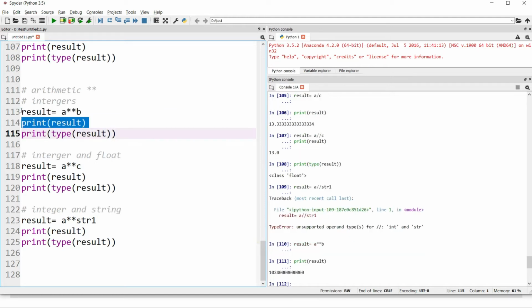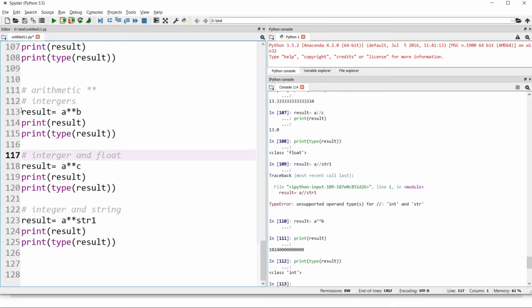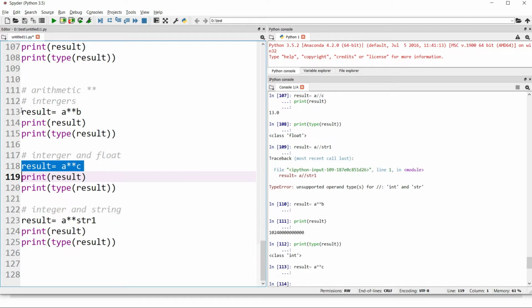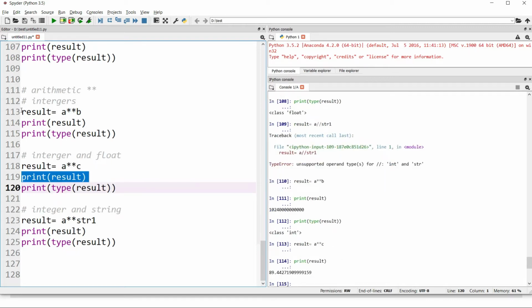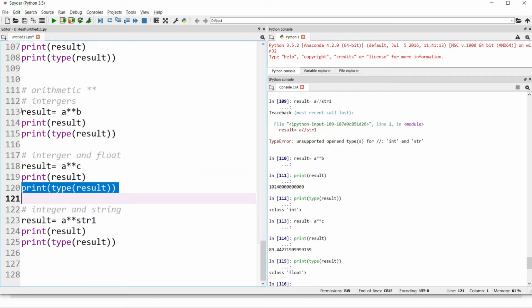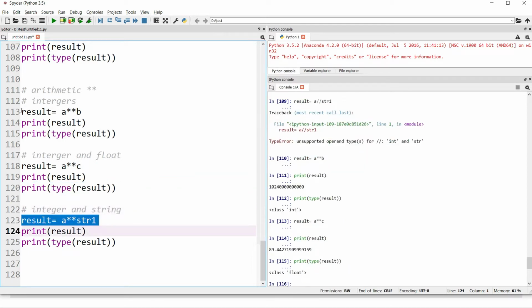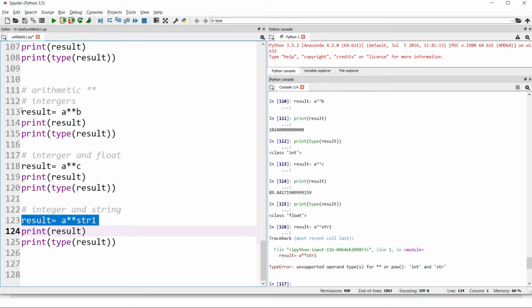When I'm doing it between two integer values, I get a result which is of integer type. When I'm applying exponent operator between integer and float, I again get some value, and this time this value is of float type. And when I try to do so with a string, it returns me an error. I hope arithmetic operators were clear to you.